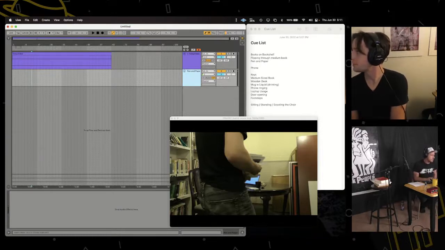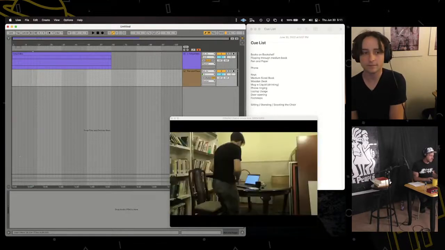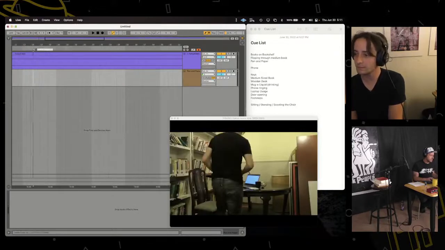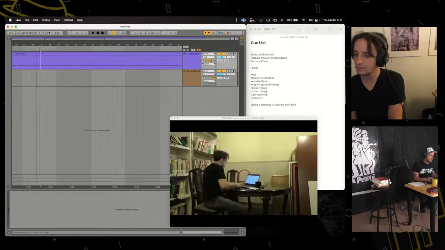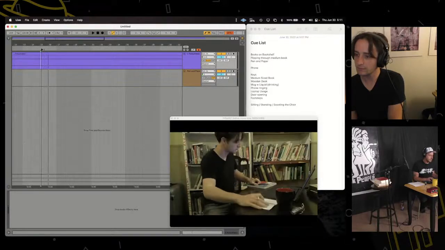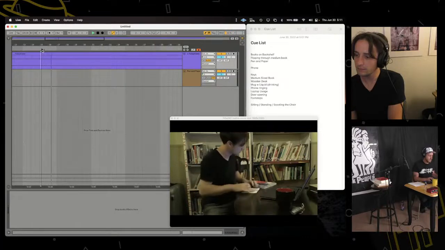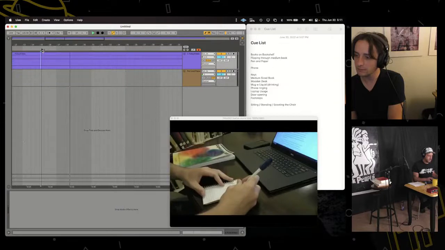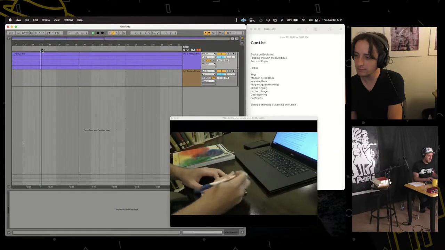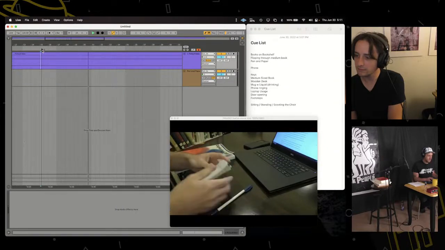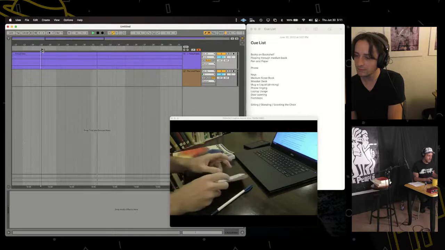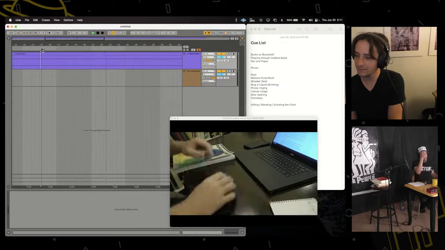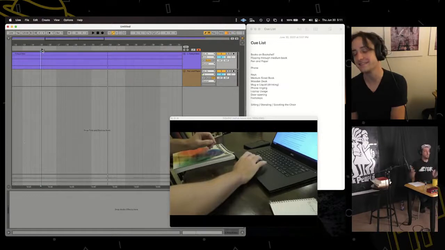So let's just watch this little section here. It starts right around there, so I'm gonna add a locator so I can trigger this from the beginning really easily. I'll start with the pen picking up, slides the paper over, right, scribble, scribble, scribble, slide the hand around, flip the page around, put it back down, slide it over, cool. So that's what I'm gonna try and do right now.